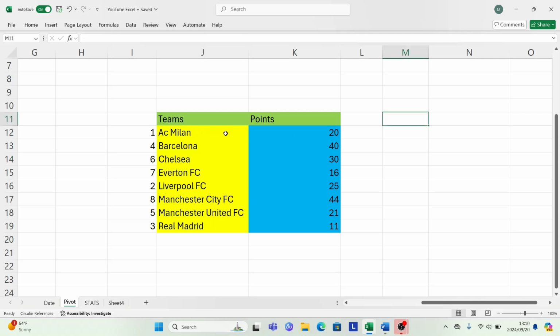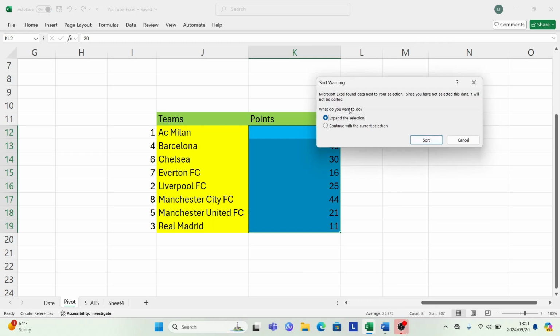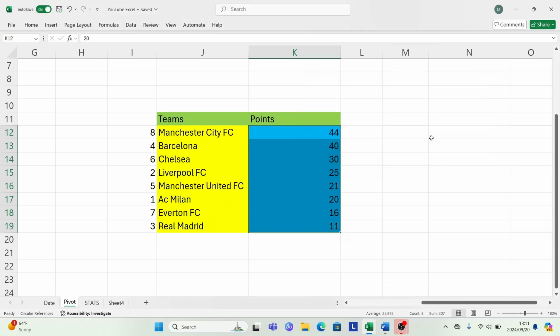So you can also sort it with points from largest to smallest. Just highlight the data, left click, go to sort from largest to smallest, just click. It's going to pop up on screen, then just click sort. So now your data is sorted from largest point to smallest. Okay,